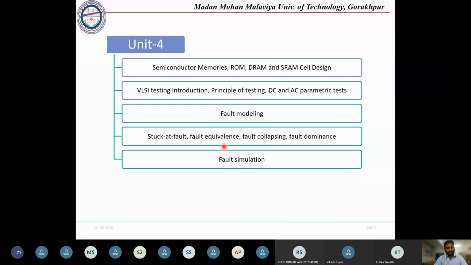If that fault cannot be rectified, we will throw that chip away and check another chip. In manufacturing, or you can say IC designing, one of the costly steps is fabrication, and then it comes to testing. So testing is one of the costly steps in chip designing.